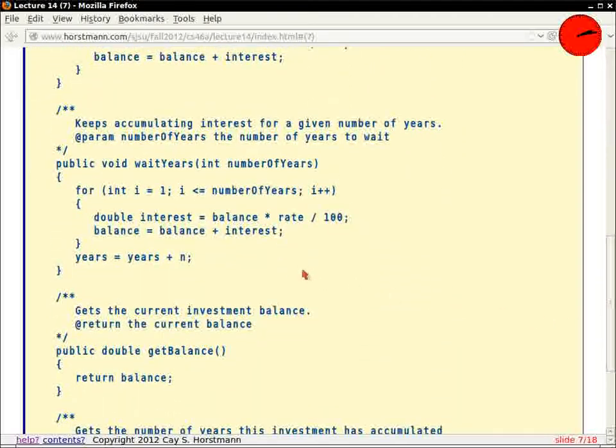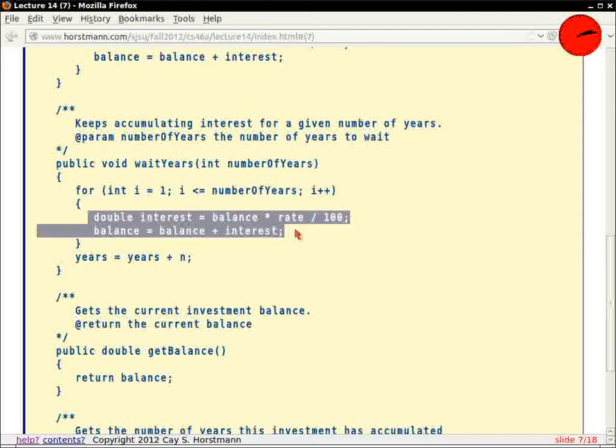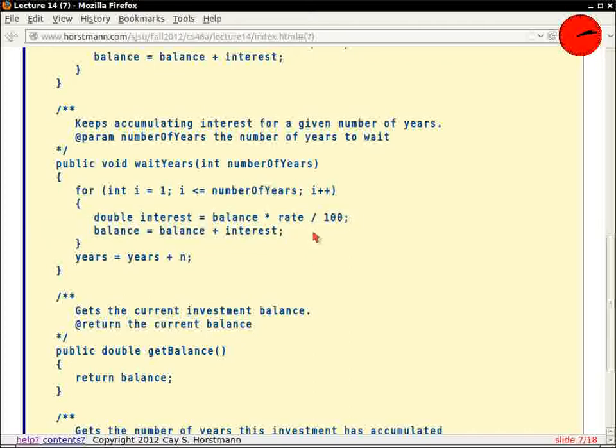So here we have an example. I want to know what is my balance after some number of years. And so here I wonder for i goes from 1 up to a number of years, so the condition is i less than or equal to number of years, then i plus plus. I simply compute the interest added to the balance. So I'm just running this thing number of years times. So really what I want to be able to say is